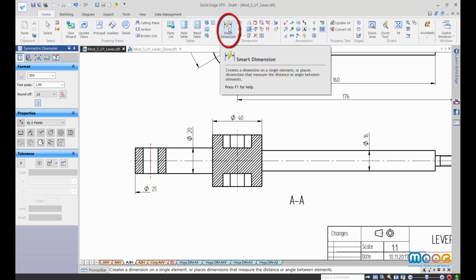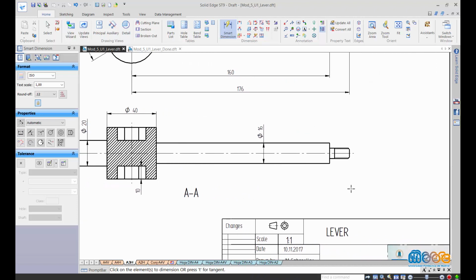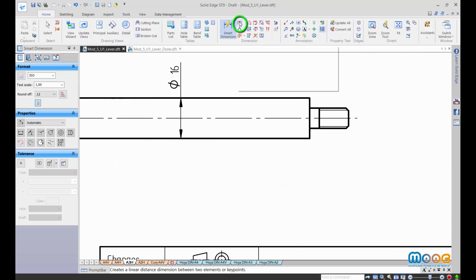We now change to a smart dimension to obtain the depth of the hexagonal hole, the width of the end cylinder of the inclined arm, and on the other side we are going to use distance between to establish first the length of the threaded zone,